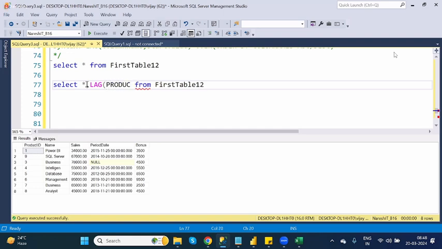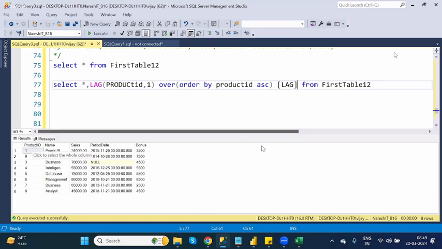See here. Suppose I'm giving 1, ordered by the same column, product ID ascending, like this. Lag. See here what it will generate. Don't confuse lead and lag here. Lead means from which row onwards you need to start the same column value. In lag, you have to put a number of cell values as null, and after that, from which row onward you need to start